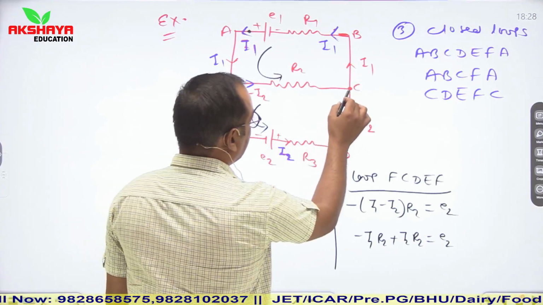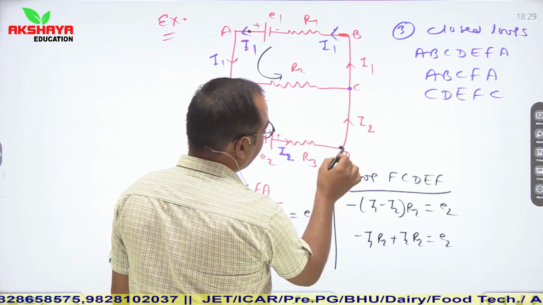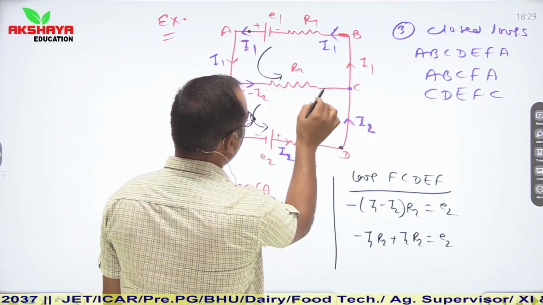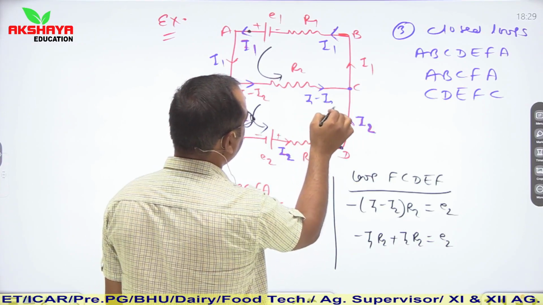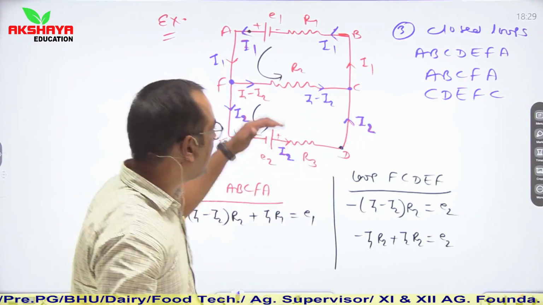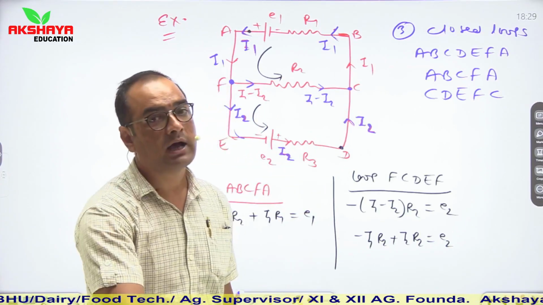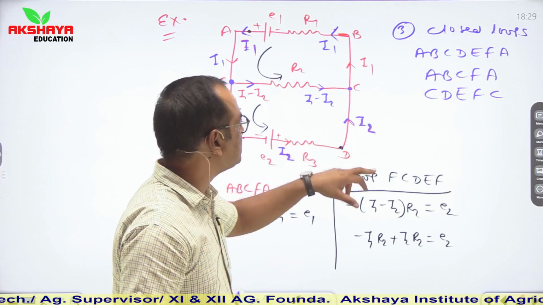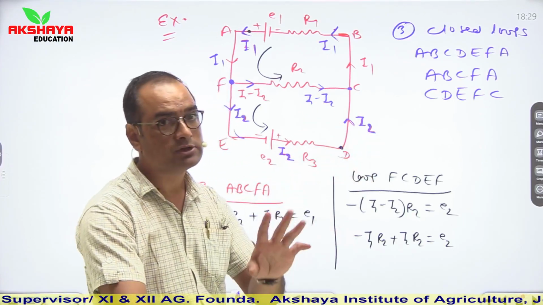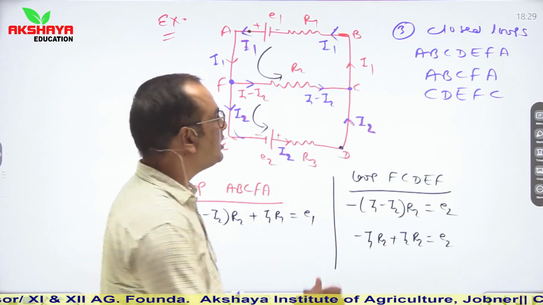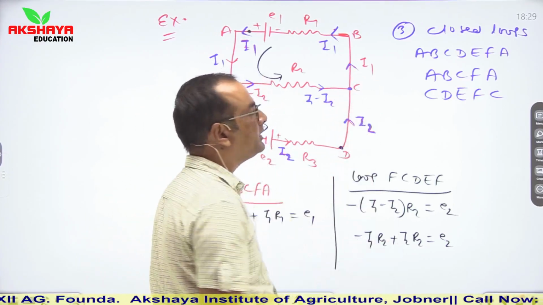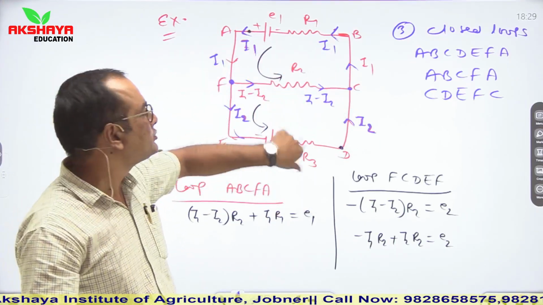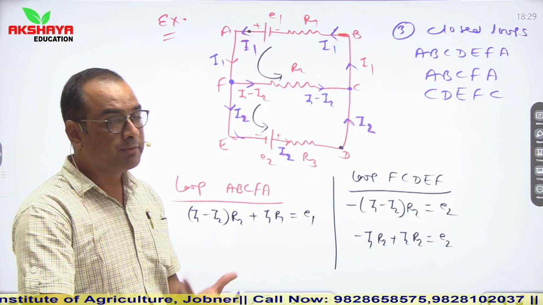Then if we talk about current flow from D to C, it is I2. Current I1 minus I2 is coming towards C. So again at the junction point, I1 minus I2 and I2 both are traveling towards the junction. So the total current is I1 minus I2 plus I2, so minus I2 plus I2 is 0. It means the remaining current is I1, which will travel from C to B, and that is the value. Clear? So this is the application of KCL.